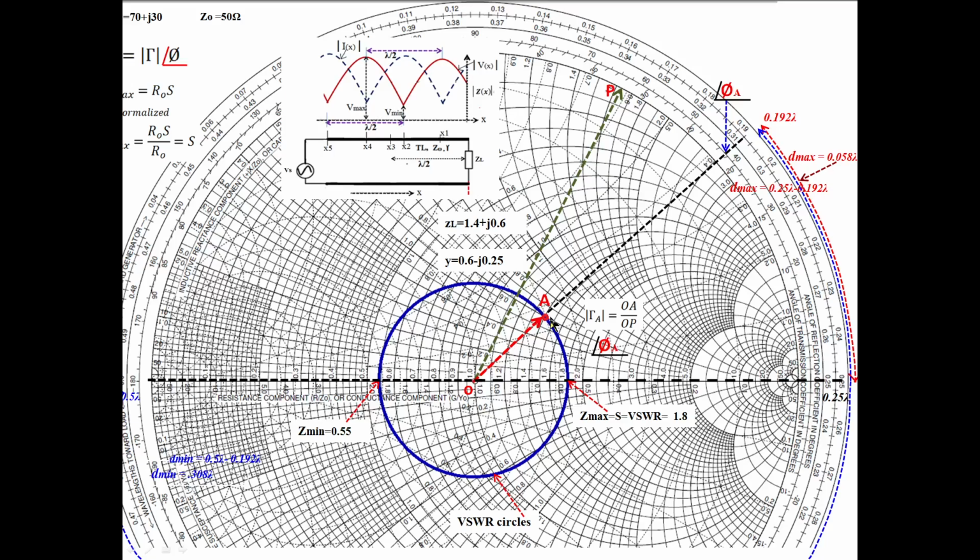What is the load here? Read whatever it is. It is 1.4 and 0.6. The R value is 1.4 and the X value is equal to 0.6. Like that, we can find the unknown value. If the load is given, we can find what the distance is. In the other approach, if you know the distance, we can find the unknown value of the load.